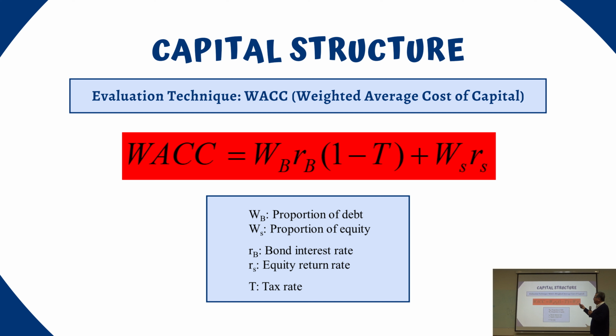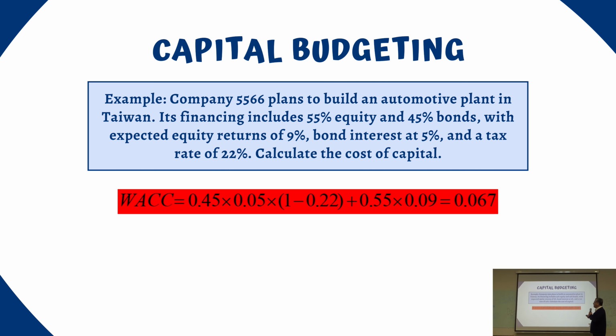Then, once you have the bondholder cost of debt and the shareholder cost of equity, you weight them and average them together, and you get the weighted average cost of capital of your company. Okay? So that's very important for you to learn, for this company, what type of cost they have to bear. So for example,